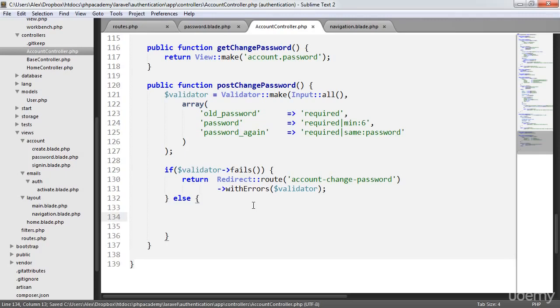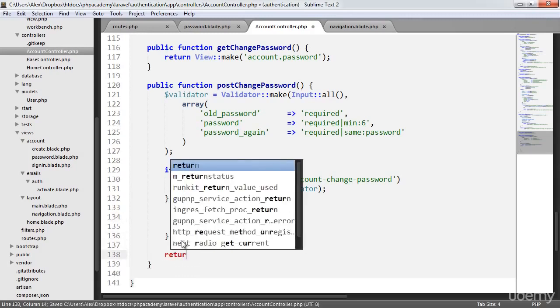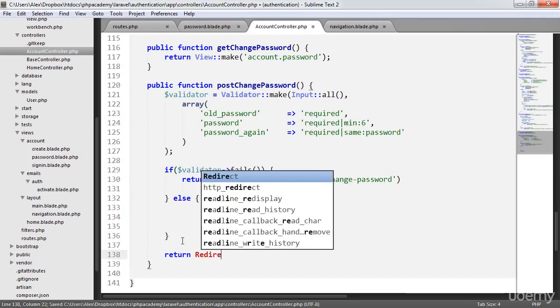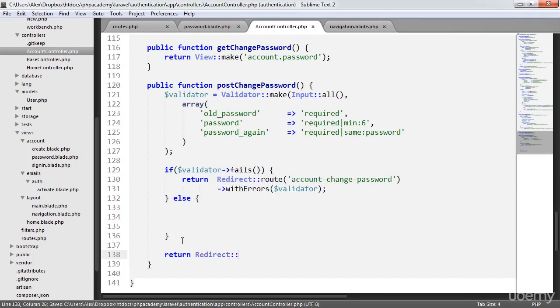And if that matches, so if the old password provided matches the current user's password, then we can go ahead and change the password and save the user details and redirect the user on. We also want to down here provide a fallback, as we've been doing in most places. So the fallback, if everything on this goes wrong, is we want to redirect to account change password